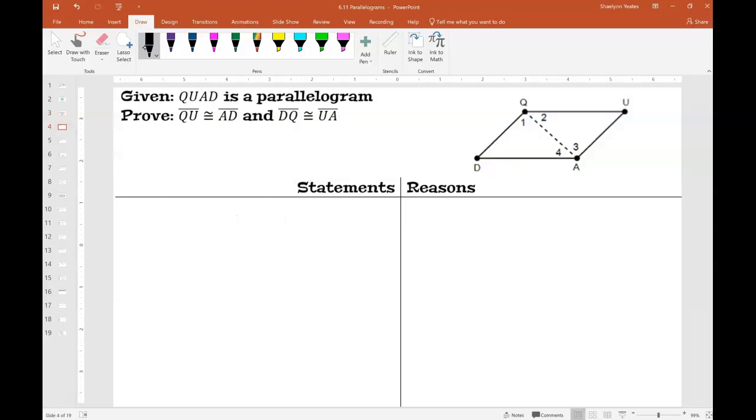So we're going to do a proof. We're given that the quadrilateral QUAD is a parallelogram. We're going to try and prove that opposite sides are congruent. So we're going to prove that QU is congruent to AD. So we're going to start with QUAD